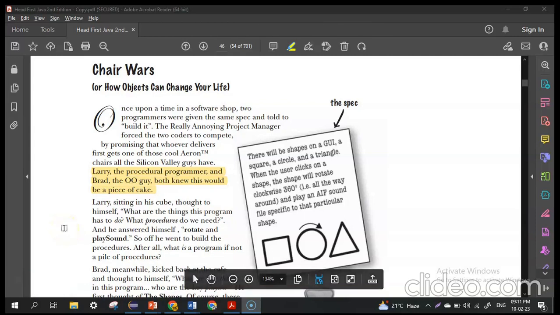So in this video, we are going to cover the next chapter of Head First Java. In this chapter, we are going to understand the concepts of objects and classes in Java. Okay, first of all, they have given one example here that will help you to understand the concepts of objects